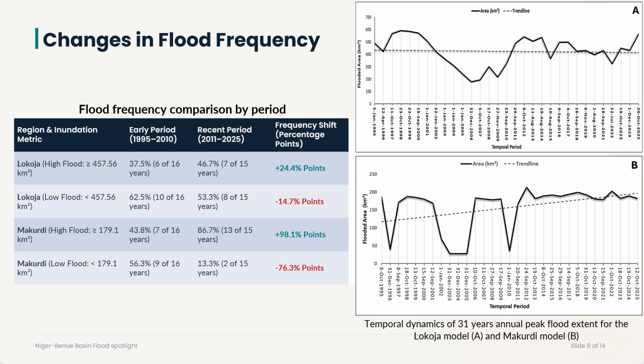That is, there is a shift in high magnitude flood frequency from about 1 in every 3 years to 1 in every 2 years, reducing the window of opportunity available for flooding disaster